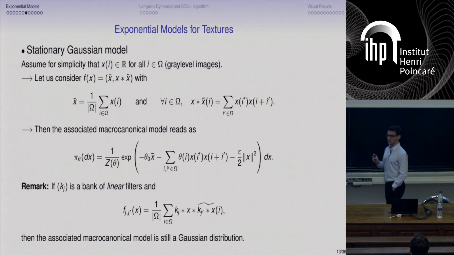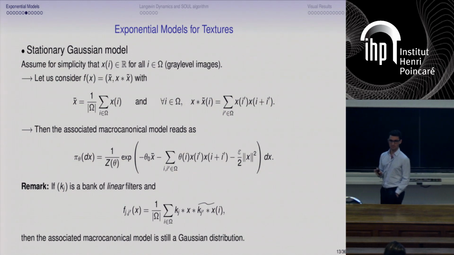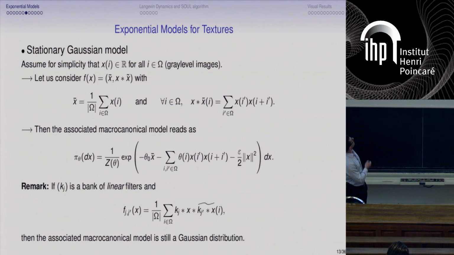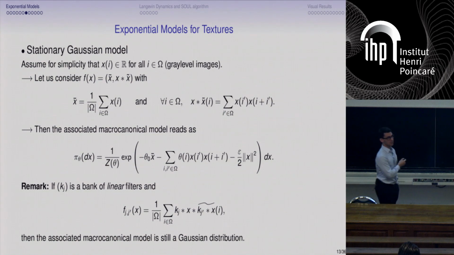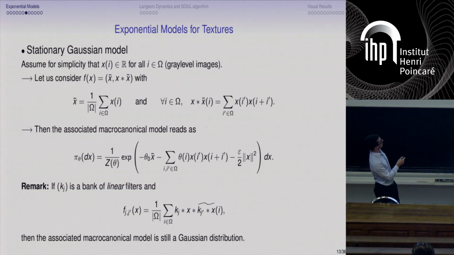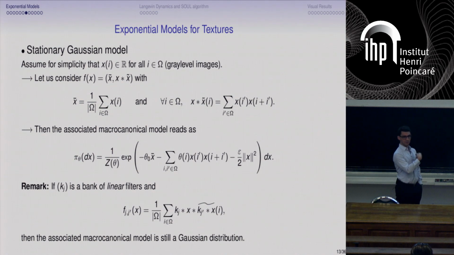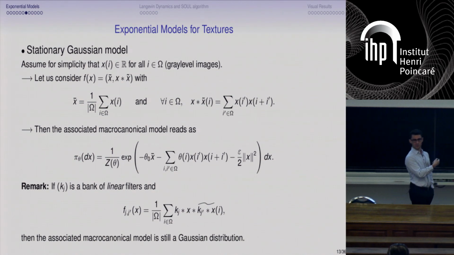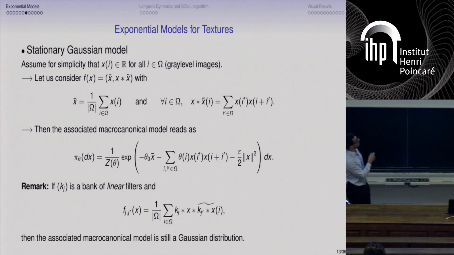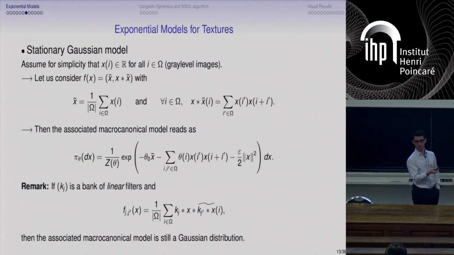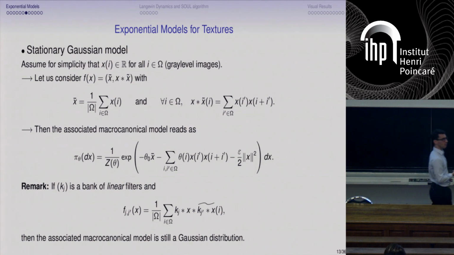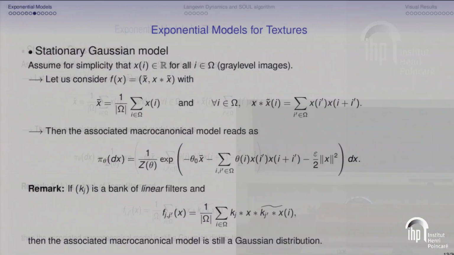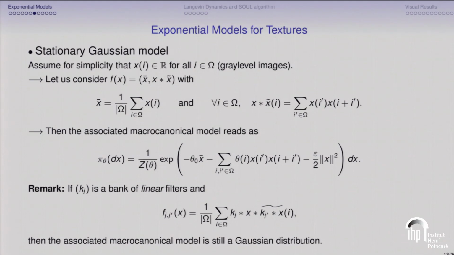Now, first, let me give you some examples of maximum entropy models. First, if you consider some statistics which are linked to the average value of the pixel and the autocorrelation function here, then, of course, when you write the maximum entropy distribution, it reads this way. And you can see here that it is a Gaussian distribution. And the theta are actually linked to the precision matrix of your model. Right. So adjusting the theta correctly, you have a precise value for the mean and for the covariance function.